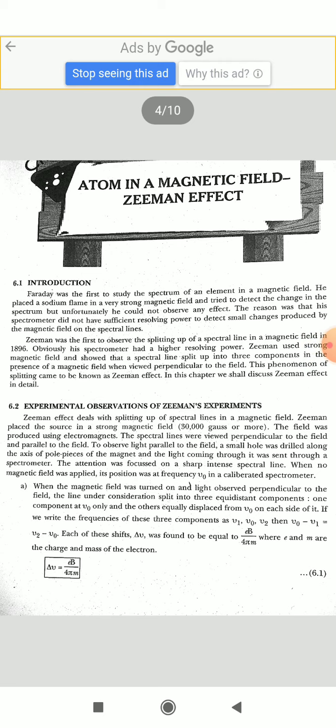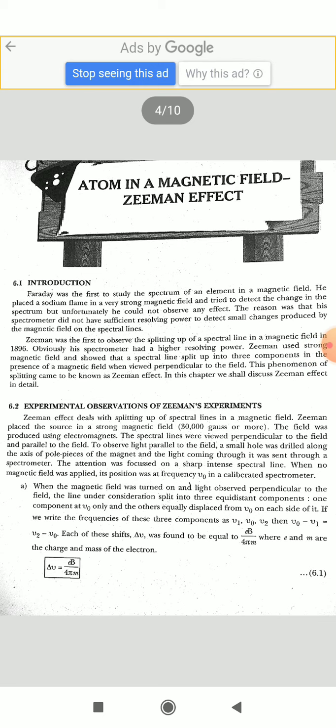TYBSc Physics third paper, Atomic and Molecular Physics. Today's topic of discussion is atoms in a magnetic field, or the Zeeman effect. Students, as we know that